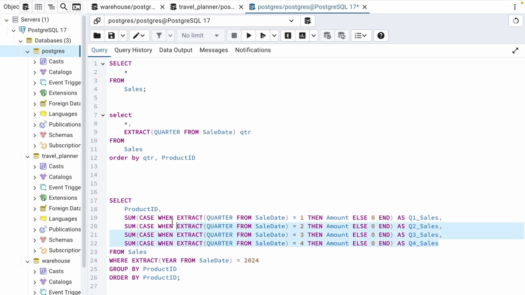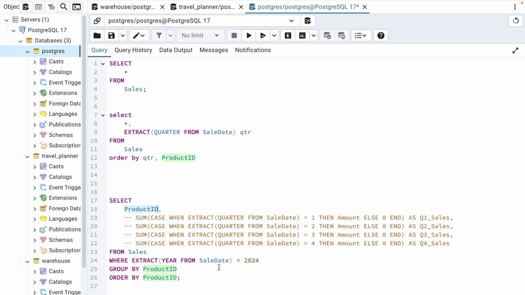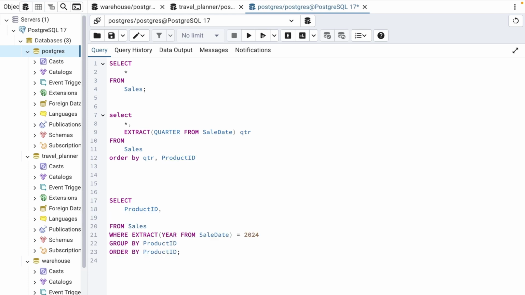So first, let's ignore this one first of all. First we selected the product ID, and we filter out for 2024. Now 2024 we are done. Now we have to select which quarter each product belongs to. So for each product ID, what I'll do is sum, or let's not write that, let's write the case statement. Case when you extract this part basically, from sales date. So if this belongs to 1, which means it's from quarter 1, case when extract this belongs to 1, then take the amount,